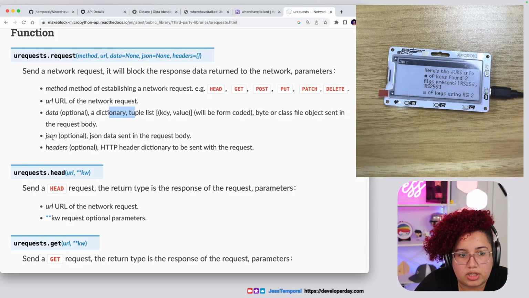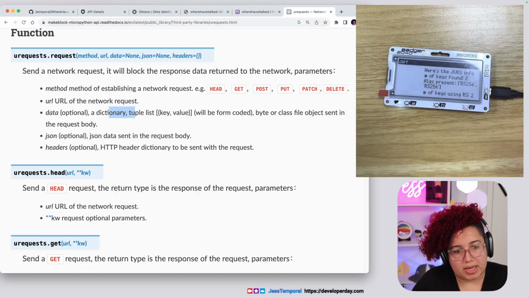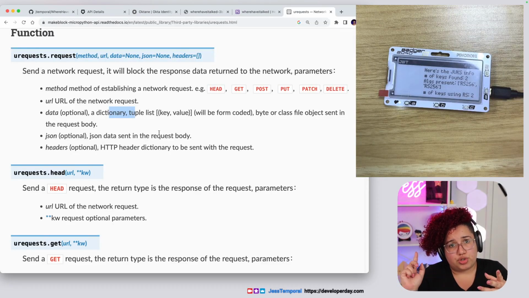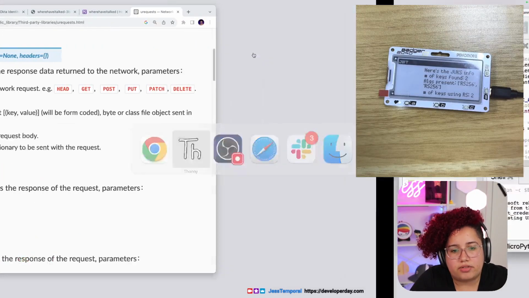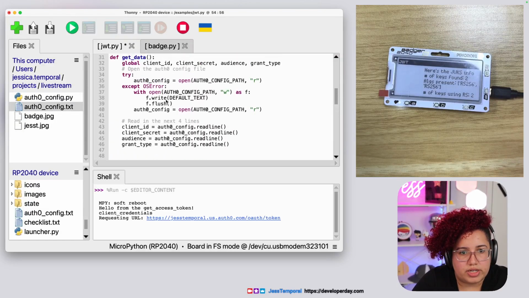instead of doing JSON, because my guess is, and I could be wrong, but my guess is JSON means that we need a string in the JSON format, which I could do with the JSON library. But since I don't want to do any conversion, I'm going to use data instead of JSON. Let's see if that works. Hopefully that will work. And I need to make this into a dictionary. So what I'm going to do is, instead of doing all of this, I should have just